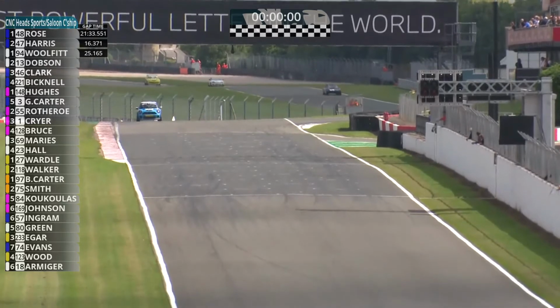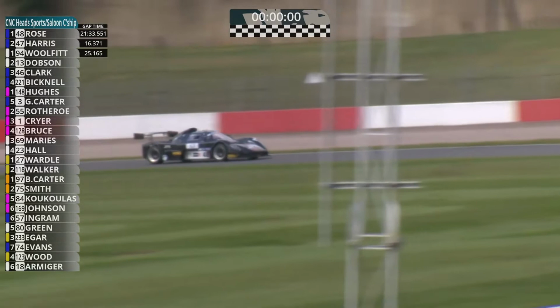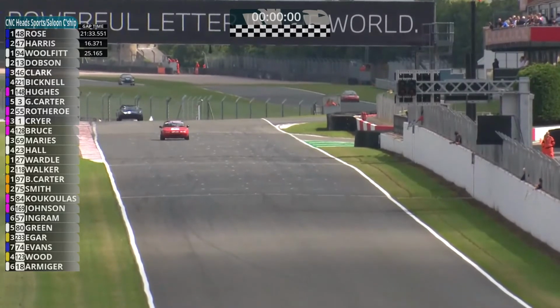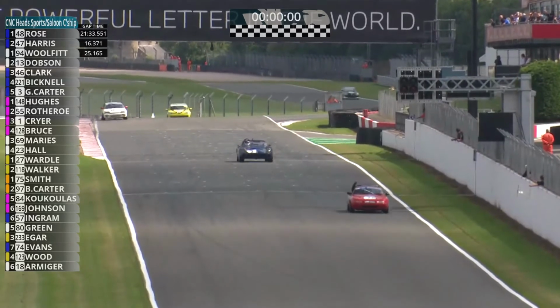Paul Dobson will take fourth and second in Class B in the low-cost 7. He's just coming along the final straight now. And David Clark a lap down in fifth in his Seika. The other classes, Class E we know is Don Hughes. Class D, that's going to be won by...